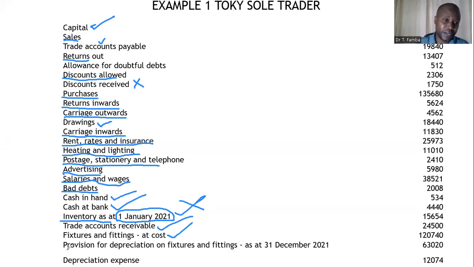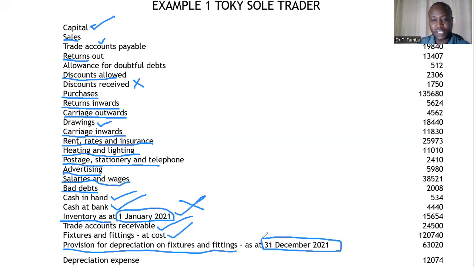So then we have provision for depreciation. Provision for depreciation is the sum of all depreciation charges for the previous years. And in this case, because we are given 31 December here, you need to be very careful, since we are told that this provision for depreciation, this figure here